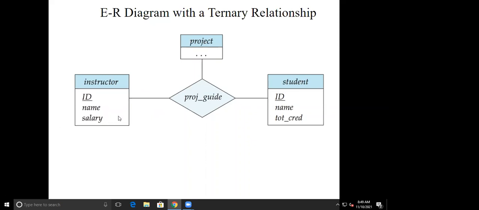So it means here, if student and instructor, if I'm showing one to many, then the project can belong to multiple students. Instructor can have many projects under him. So if I'm showing the relationship between instructor and project as one to many, then this many also gets applied to the student.